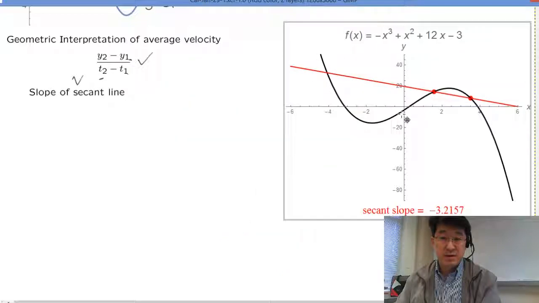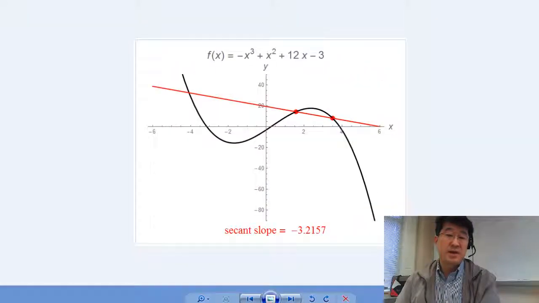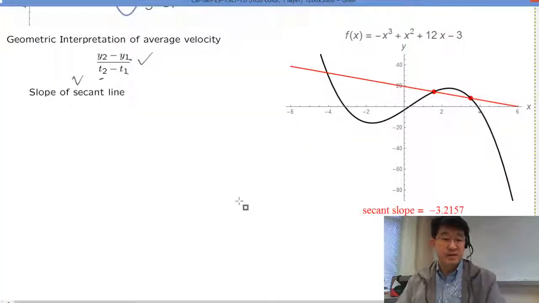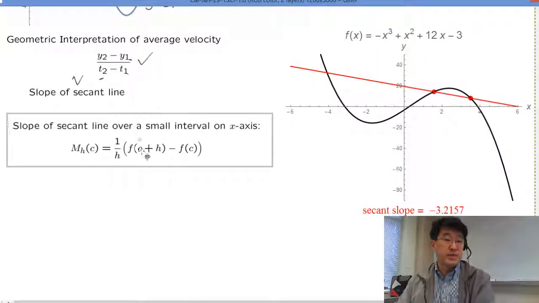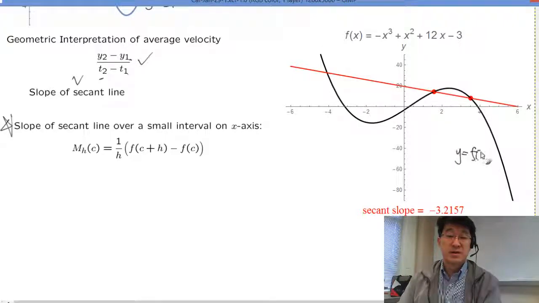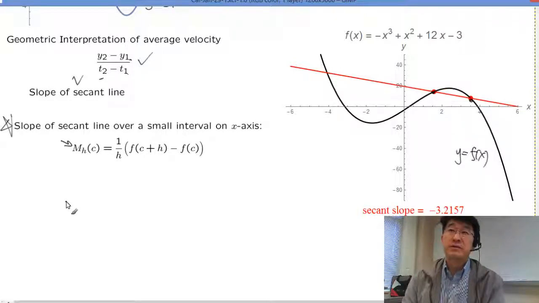The same formula has a different interpretation in geometry, and they introduce the same formula in a different context. We're going to call that one the slope of a secant line. If you have a function y equals f of x, we're not really interpreting the vertical axis this time. Once you enter that, mathematicians just call it the xy axis. So if you're looking at this graph and these two points, what is the slope of this secant line, and M stands for slope, big M